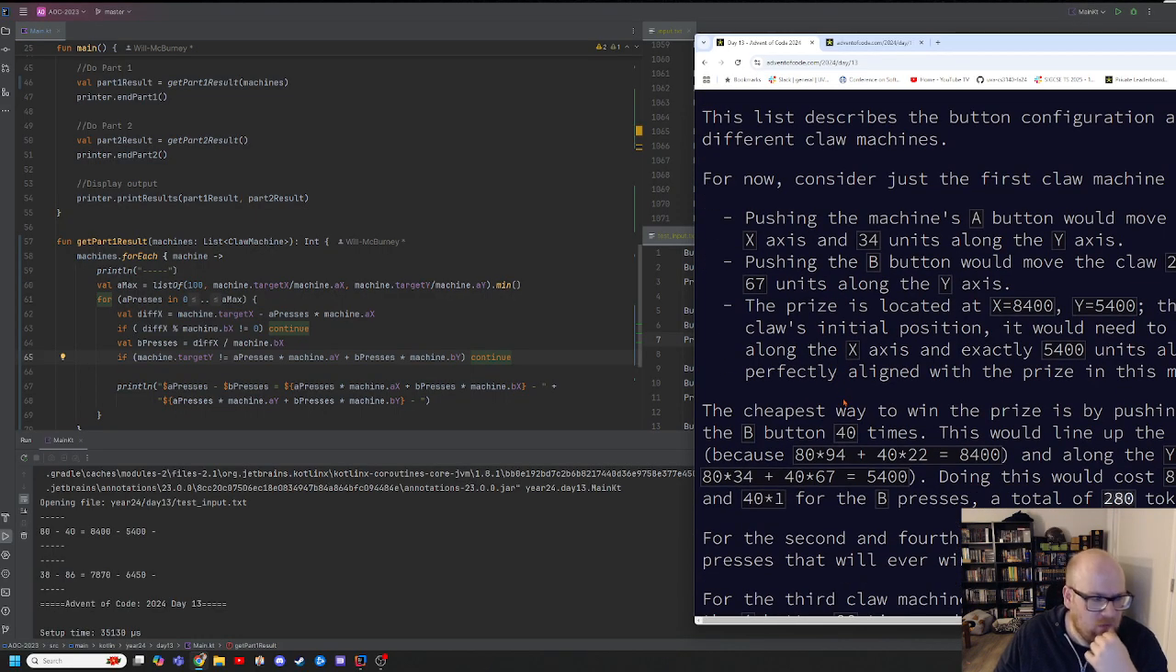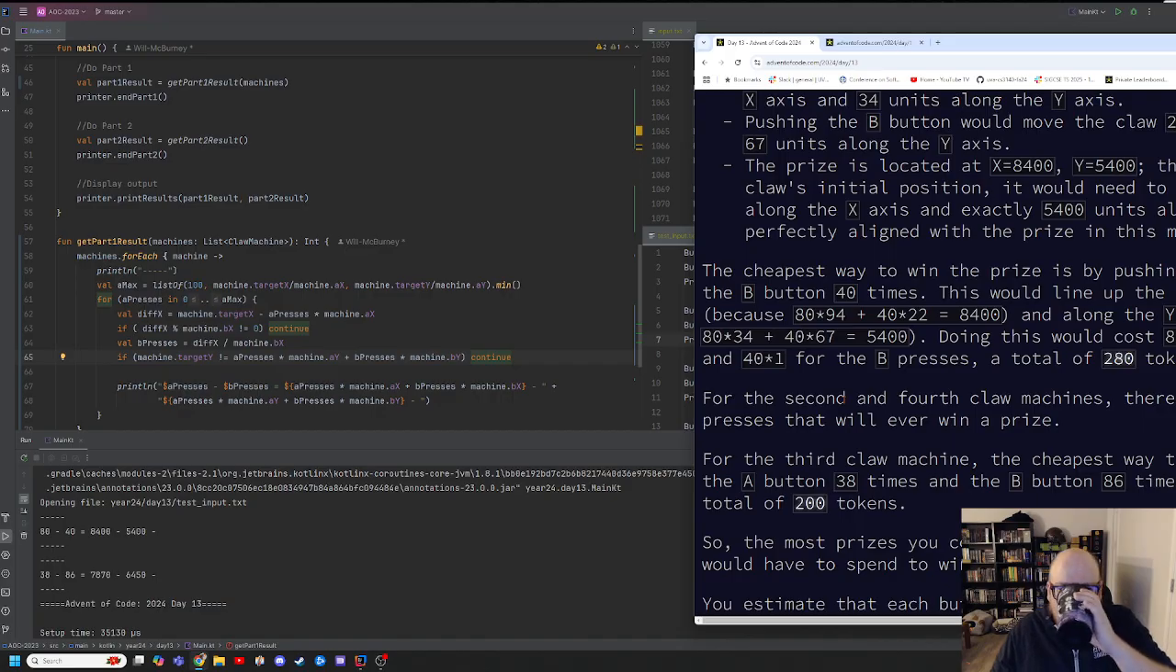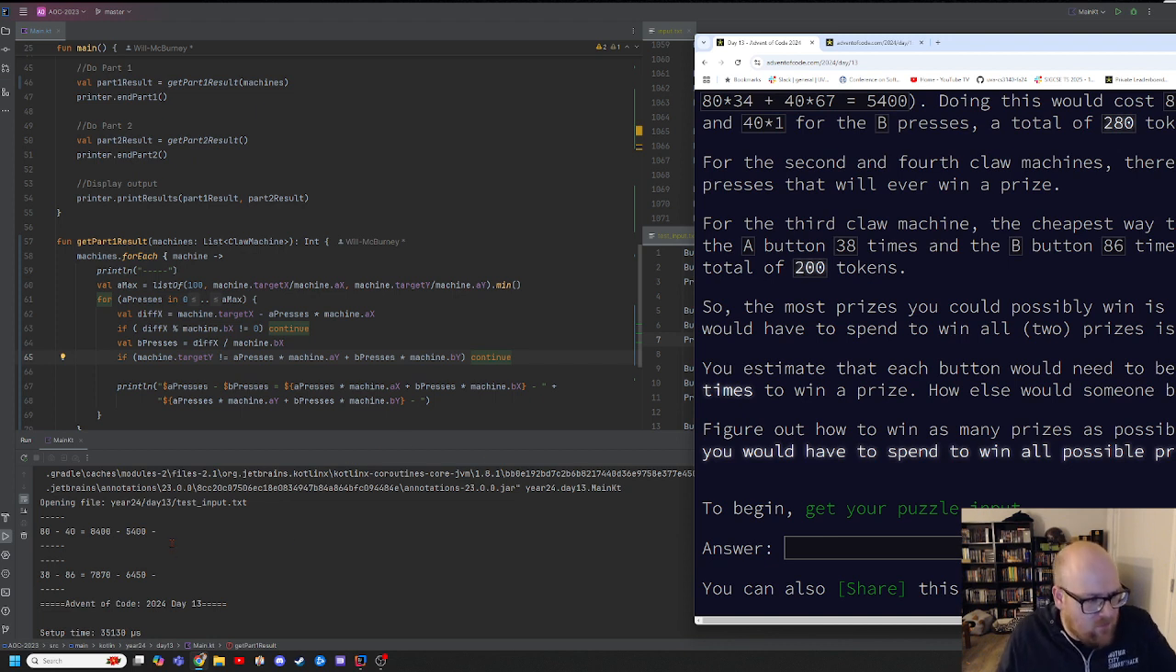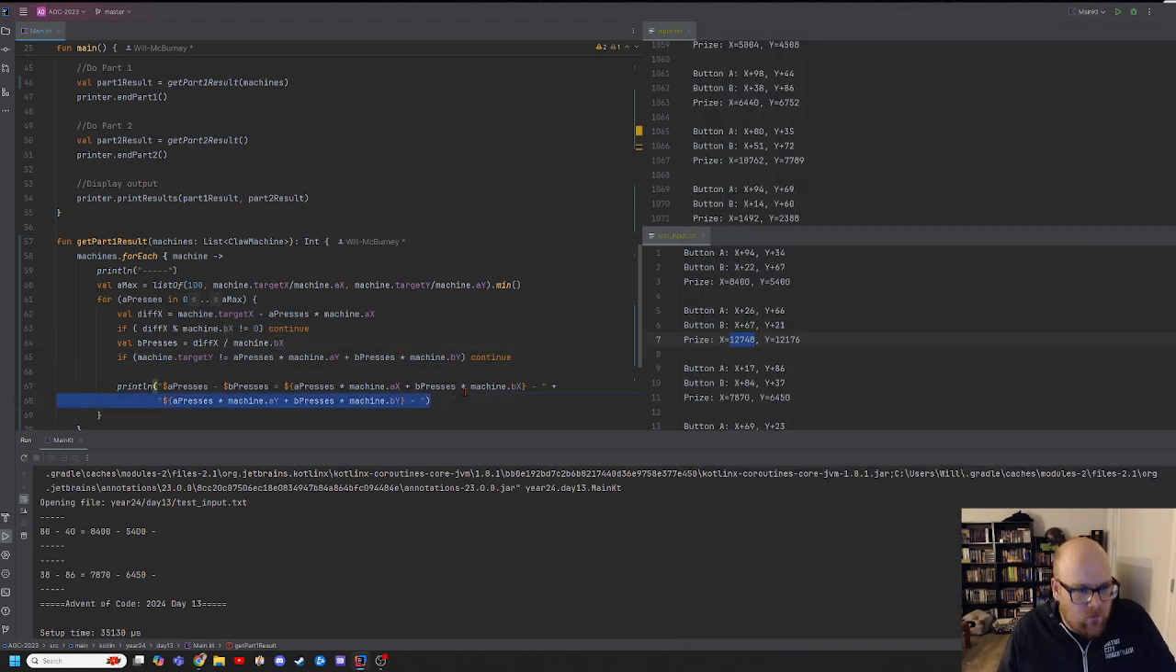Cheapest way to win this. Okay. All right. And then 3886. Yep. Okay. All right. We're getting the right result with our test data. So now, specifically what I need to do is I need to do